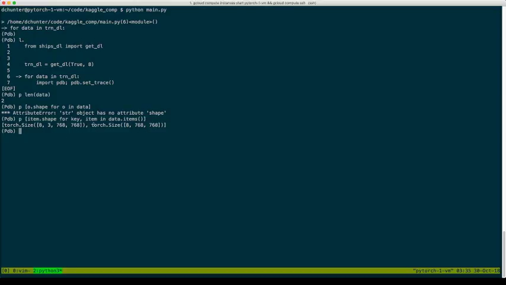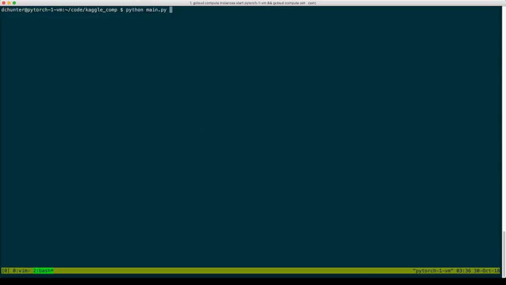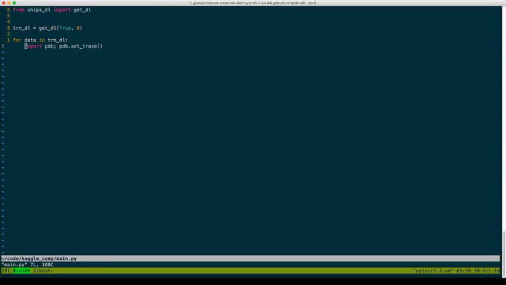Okay, cool. So now we have this mask, 8 by 768 by 768. 8 by 3 by 768 by 768. Okay, so we now have the data loader working. It only took 43 minutes, and my dinner is going to burn in the oven if I don't turn this off soon, but let's see if we can just get a basic thing running, right? So let's go back here, for data and train data loader. First I need a model, right? So model,